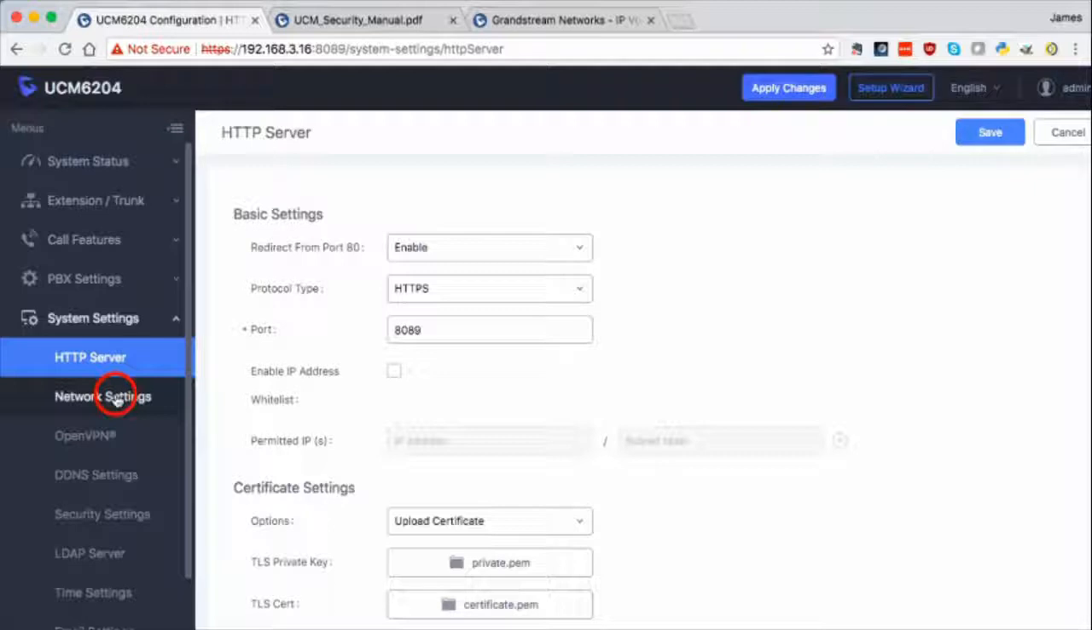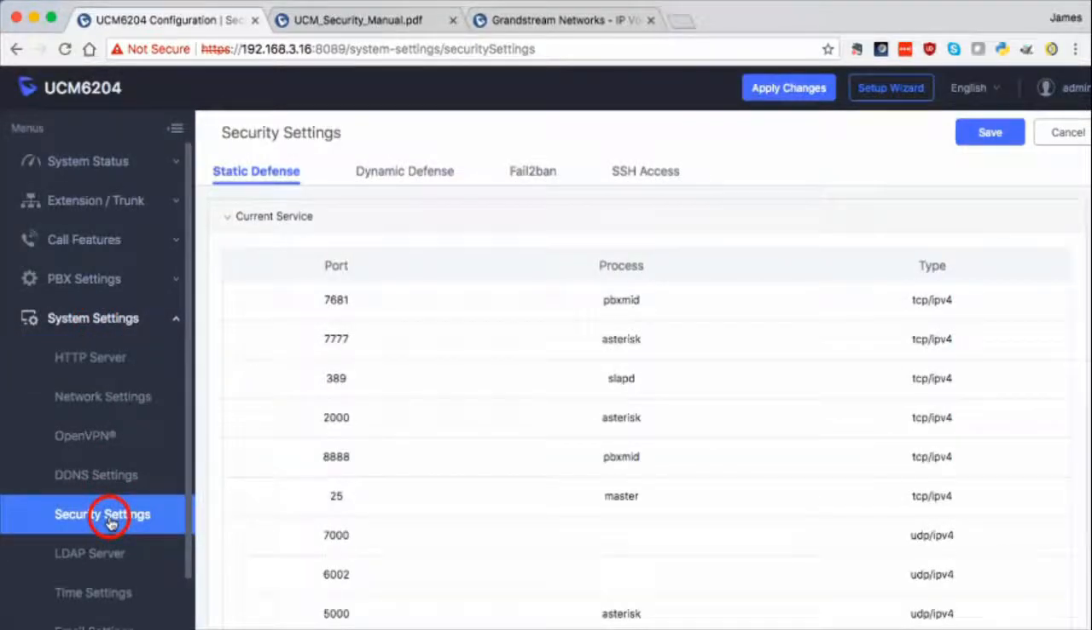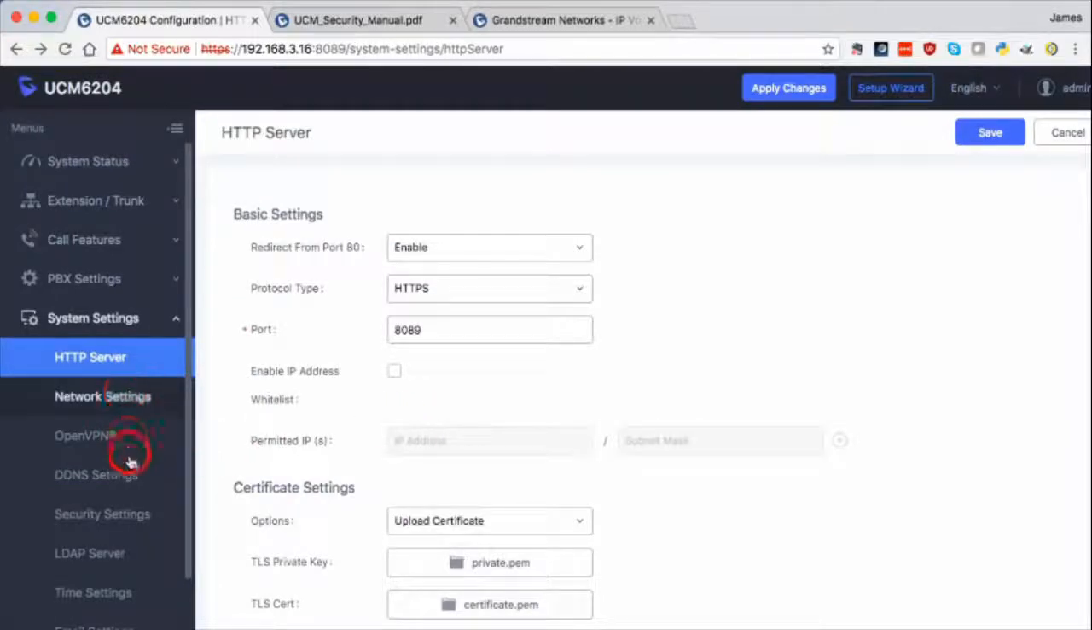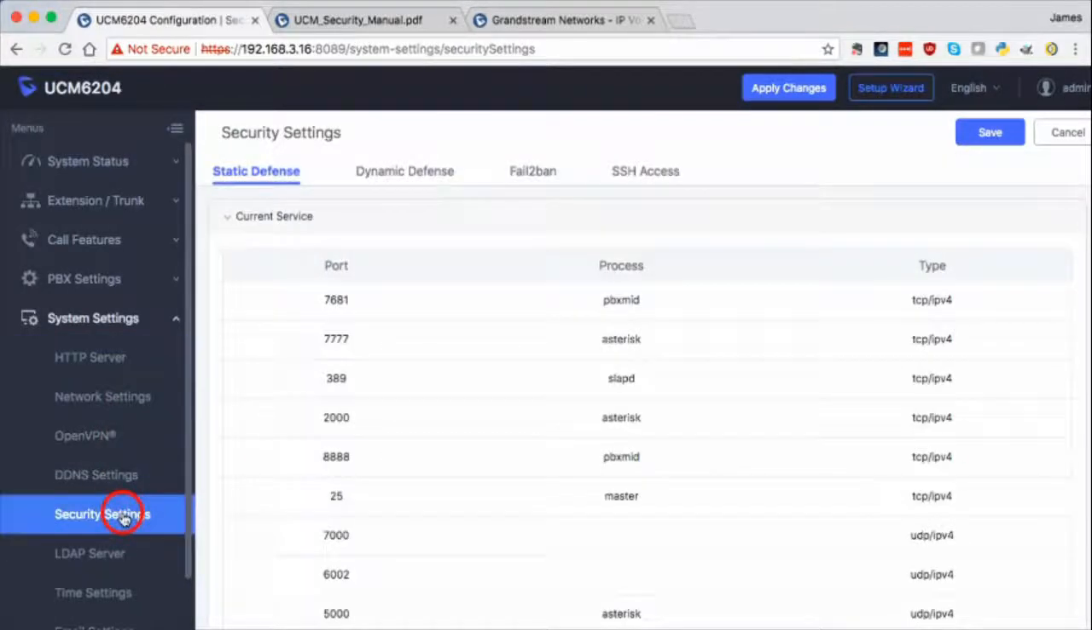So the next piece that we're going to go over is under System Settings, and then we're going to go to Security Settings. Now, here at Static Defense, the way I look at it is it's kind of a little router, a firewall basically, where you can actually tell it to drop ports. You can actually have various things, like if you don't want it to reply to ping, you can set it up to